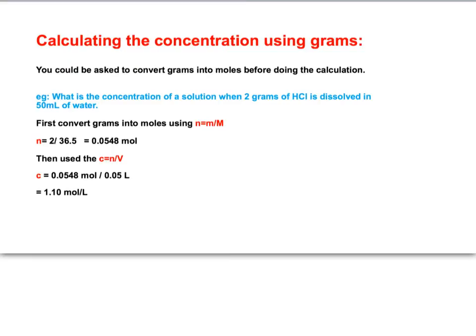Sometimes instead of telling you how many moles that you have in a volume, they could give you the grams that you've got in a volume. So before you can work out the moles per litre, you've first got to convert the grams into moles using your n equals m over M formula. So we're wanting to know how many moles are in 2 grams. So we would go 2 grams over the molar mass of HCl, which we discussed in the first thing, which was 36.5 grams per mole,